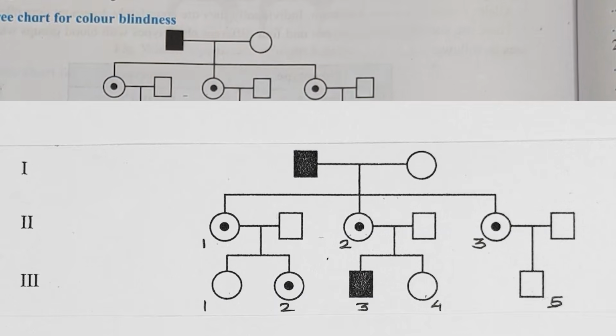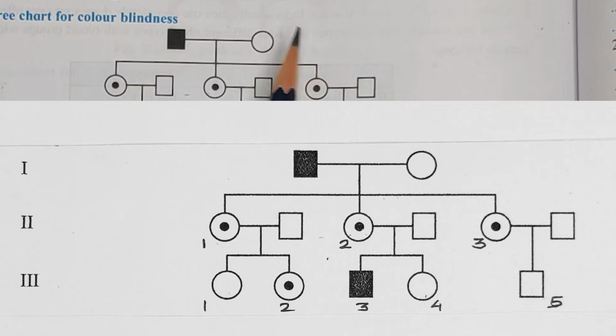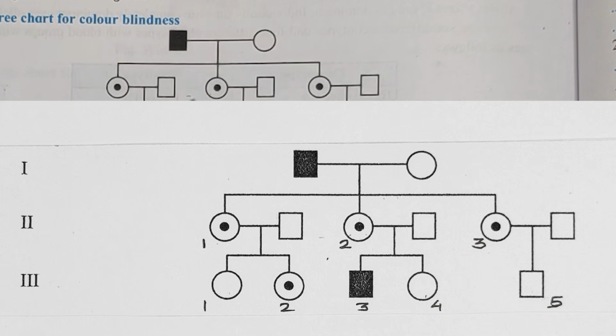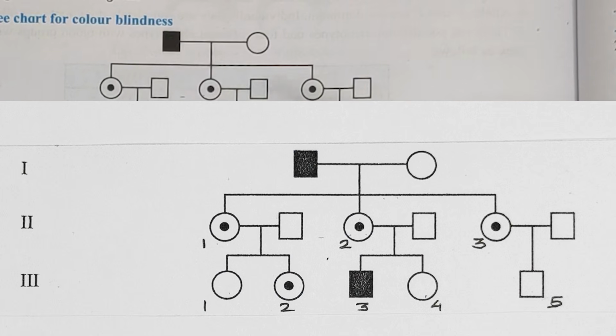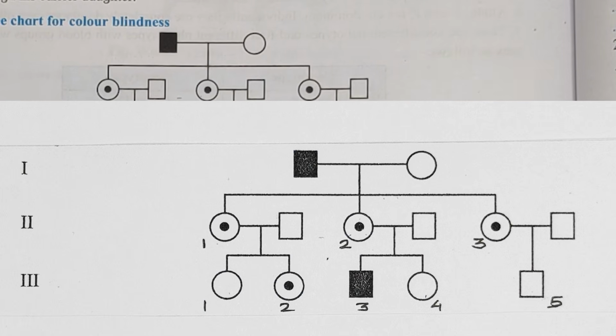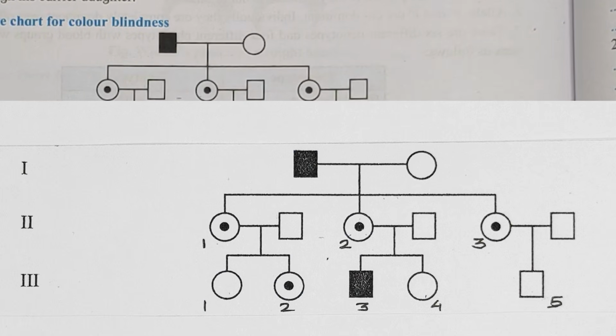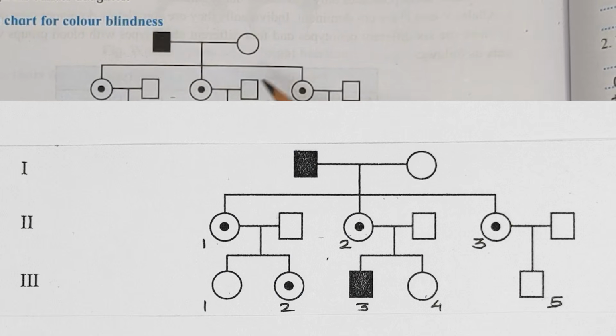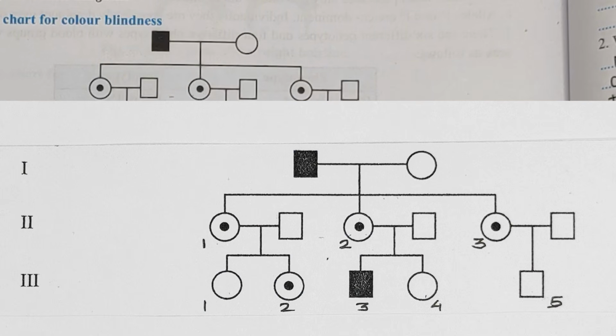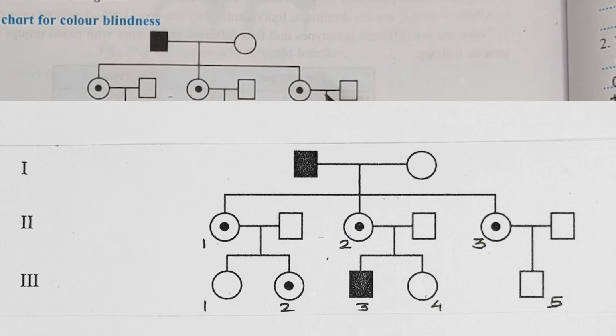So a chart like that will be given in the exam. You have to identify this chart. So what do you write here? You write it is a pedigree chart of color blindness, and then you have to comment on that. What will I comment? Here it shows a crisscross type of inheritance, as well as an X-linked disorder. Then you write how many normal progenies are there, how many are affected, and that carriers are also present.